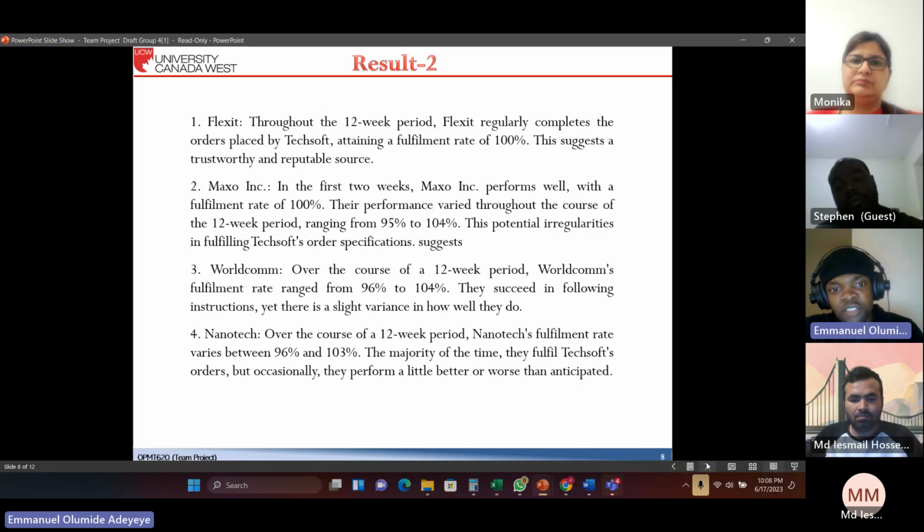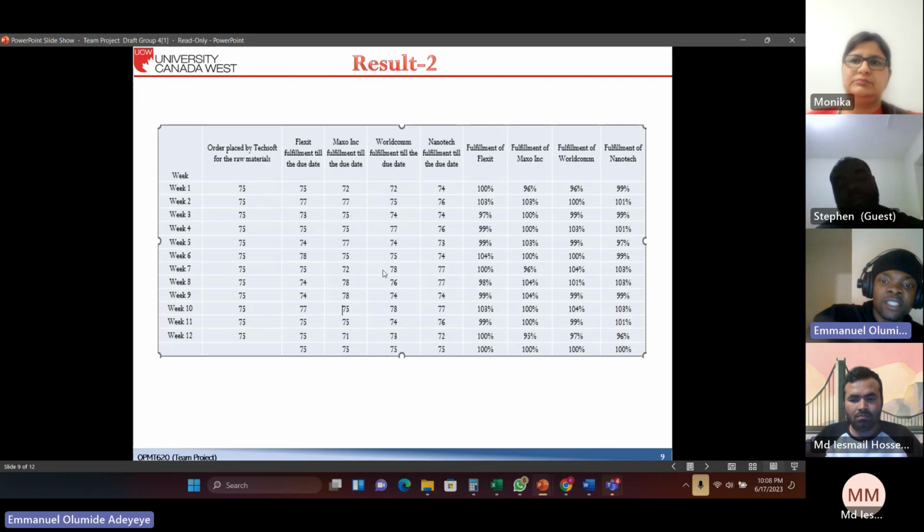So moving on to the next result, you could see that these are just some figures and percentages from our Excel sheet from the calculation. So I'll move on to the